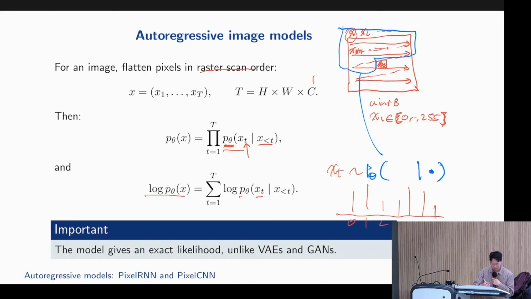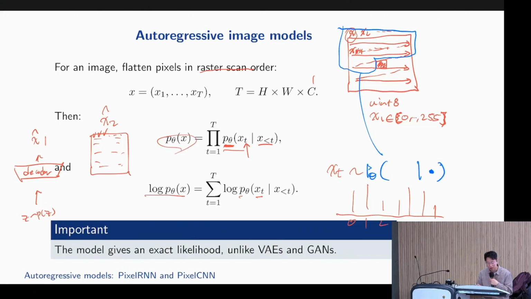So the question is, you sample Z from PZ, pass it through the VAE decoder, and generate XZ. And then here you autoregressively generate one pixel at a time, generate this guy, given this guy, generate this guy, given these two, generate this guy, one at a time, and you generate image 1. So that's image 1 and image 2. What's the utility of having access to this likelihood?